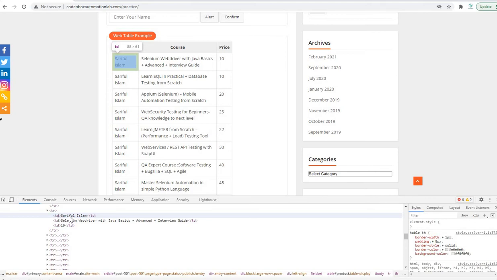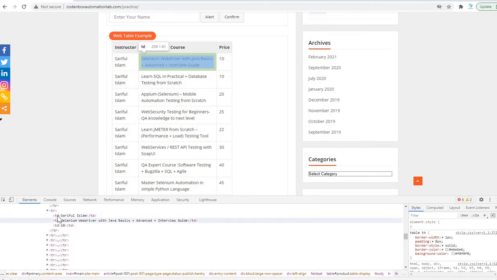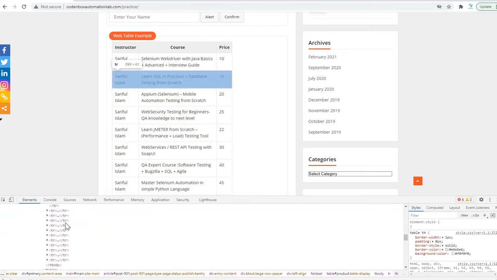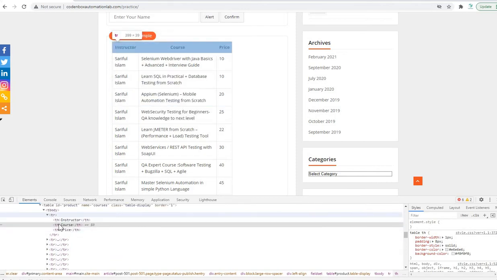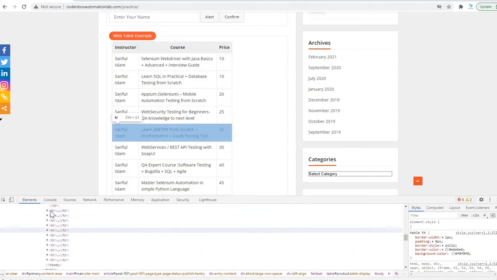The value of a table cell is located inside a td, or table data, right? So from this row, all the values are called table data, or td. You can see there are 3 tds, and similarly if you open the next one, all are td. Except the first tr, which has a th, the rest of the trs